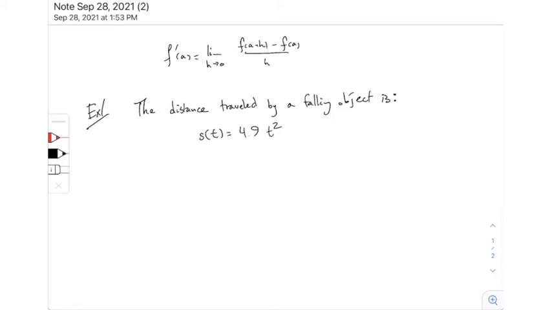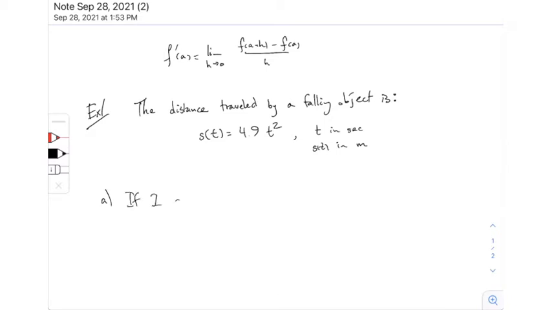That 4.9 is a number which is based on the gravitational constant of the Earth, which has to do with how heavy the Earth is, how massive the Earth is. Anyway, this is the formula for the distance traveled by a falling object near the Earth, where t is in seconds, and the distance, s of t, is in meters, right? This is the true formula. I got two questions, so the A part and the B part. The A part is,